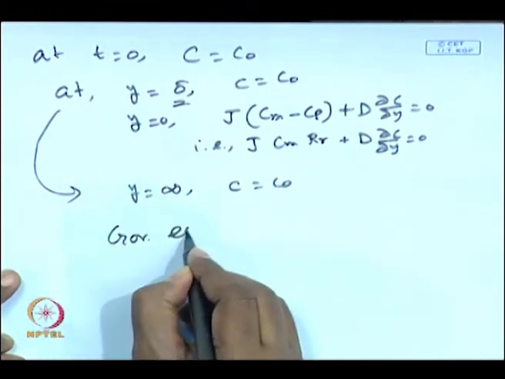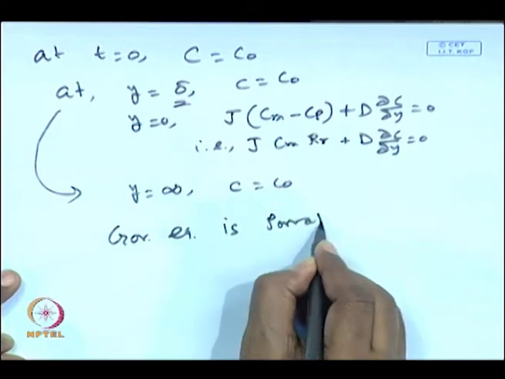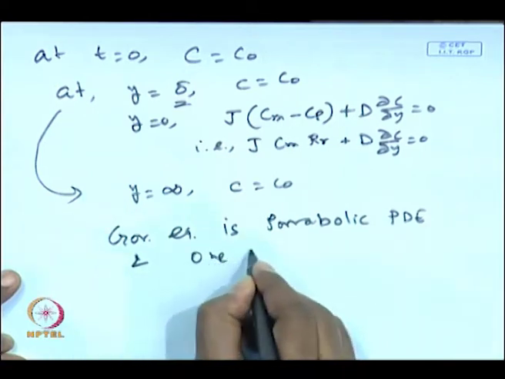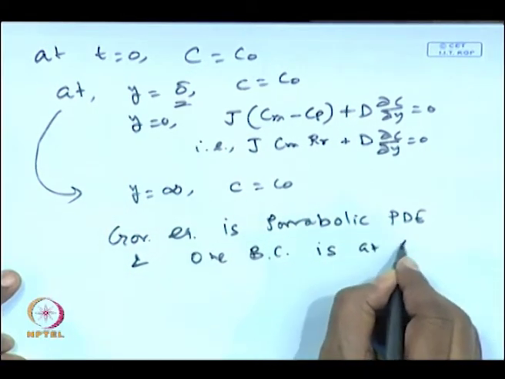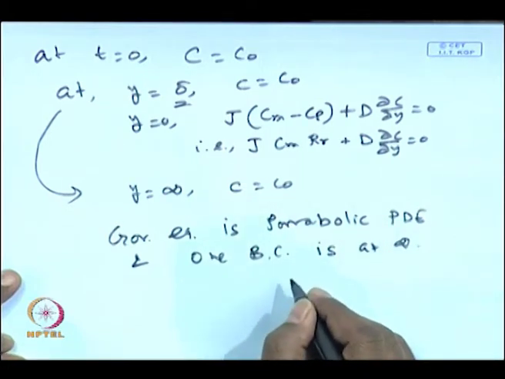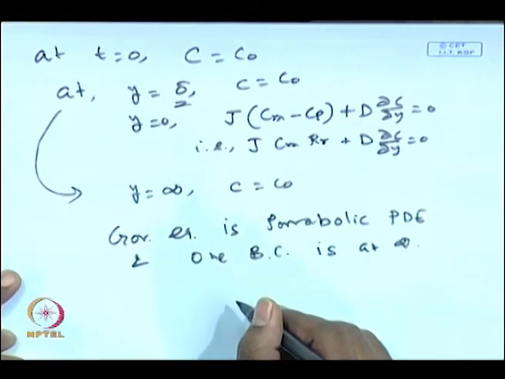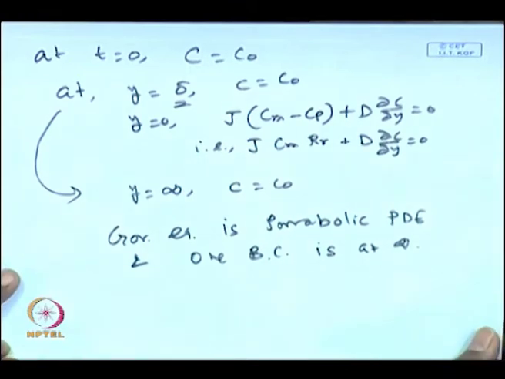Again, as we have discussed earlier, the governing equation is a parabolic partial differential equation, and one boundary condition is at infinity. That means it can have a similarity solution, and in this case it will indeed have a similarity solution, and this partial differential equation can be reduced to an ordinary differential equation. Okay. But before that, we have to identify what is the similarity parameter and what is the functional variation of the similarity parameter with respect to the independent variables y and t. But before that, we should make this equation non-dimensional, and that will make our life simple.